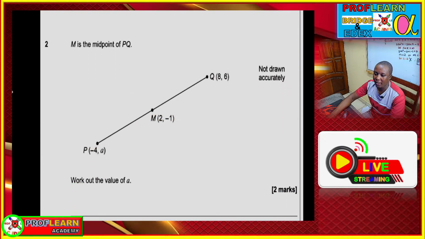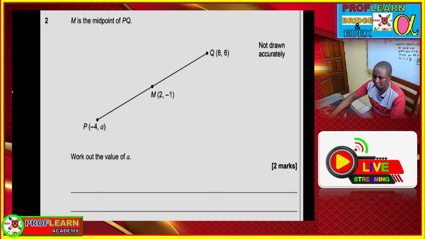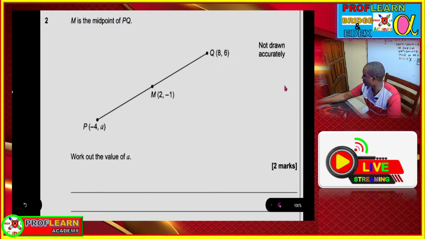So we are told that M is the midpoint of PQ, and then we are supposed to work out the value of A. So how do you work it out? We know that midpoint